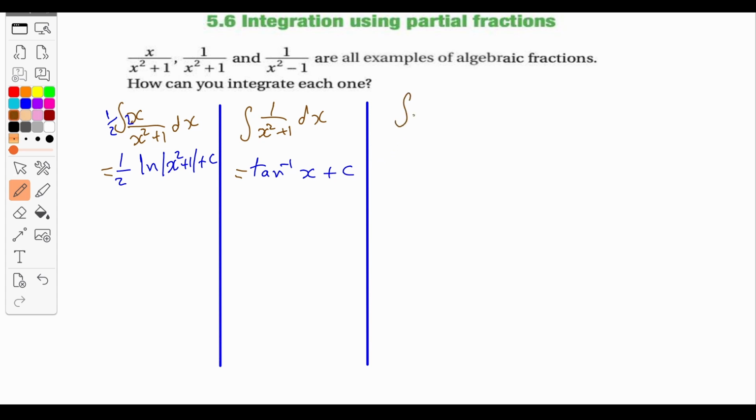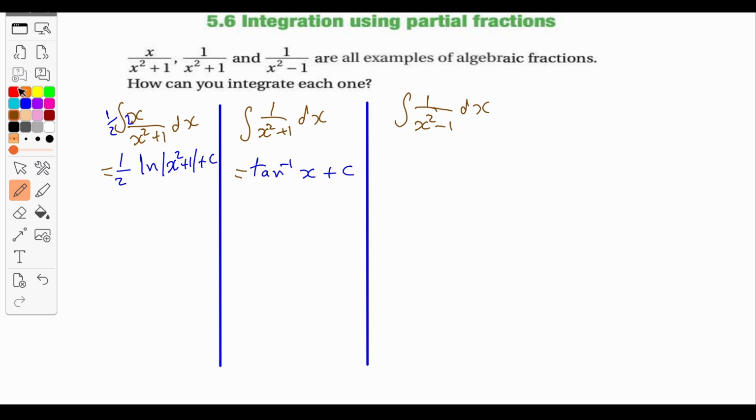This one, the integral of 1 over x squared minus 1 dx. Notice the difference between this and these two algebraic fractions. Here the denominator is x squared plus 1, but here x squared minus 1. Here we can't use one of these two cases. We have to use partial fractions. Means we have to take this algebraic fraction and write it as partial fractions, as we have studied in grade 11. We need to split this algebraic fraction into a sum or a difference of two